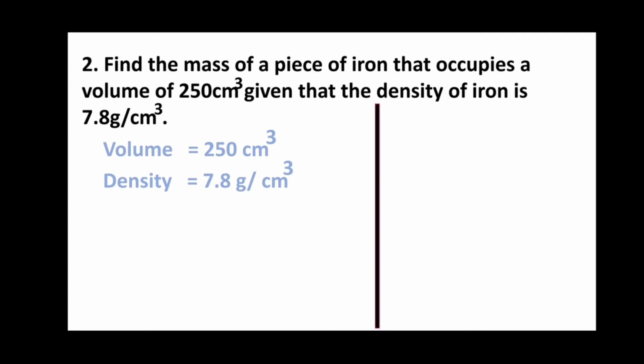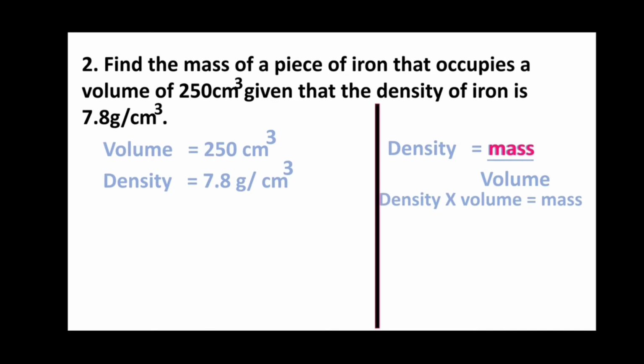By rearranging the formula for density, we can find mass. So let us write the density formula in workspace. Density is equal to mass divided by volume. For finding the mass, let's keep the mass on one side and all others on the other side of the equation. So we will get density into volume is equal to mass. Remember that multiplication changes to division and division changes to multiplication when we are taking them to the other side of the equation. So here we got the formula for mass, that is mass is equal to density into volume.